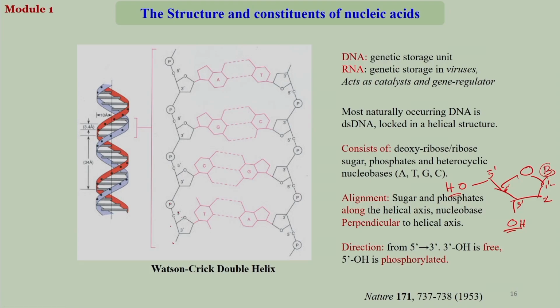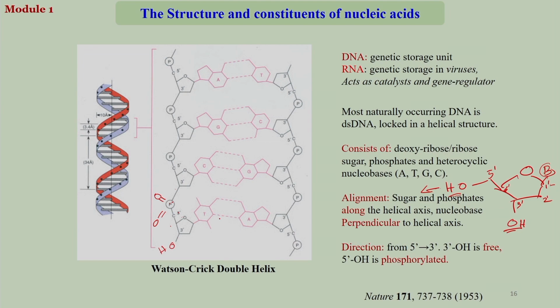This is the 3 prime end with a free hydroxyl group, and to the 5 prime end it is connected to a phosphate, and then the phosphate is connected to the 3 prime OH of the next sugar, and that is how it goes on. Of course, it has kept the angles at par with the given angles in the book. This P means phosphate, it has a double bond O, double bond O. So it is sugar, phosphate, sugar, that makes the skeleton of the DNA, and then you have the nucleobases.